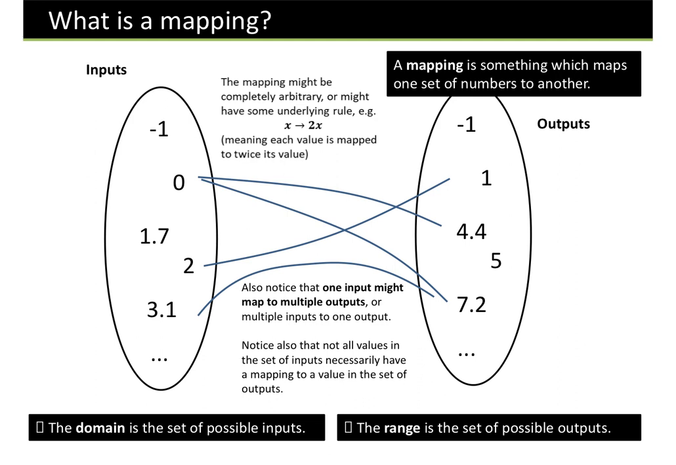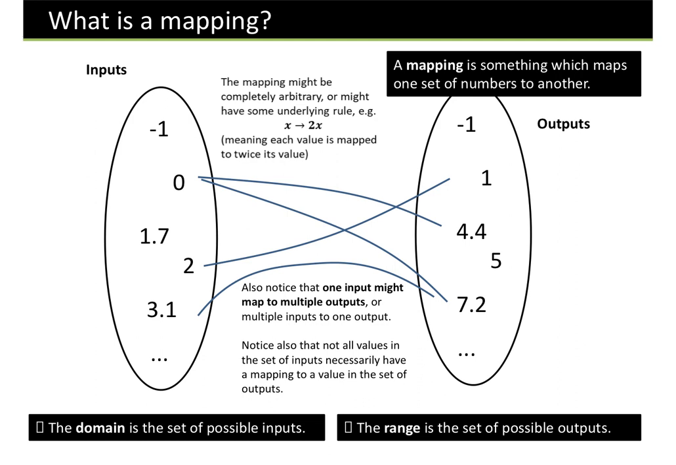So we're going to take a look at what functions are and how we define a function. One of the main ways that we define a function is when we talk about mapping. Mapping is just something which maps one set of numbers to another. For instance, the mapping might be completely arbitrary or it might have some underlying rule. Most of the time when we talk about functions, there's an underlying rule, like x squared or x squared plus 7x or something,